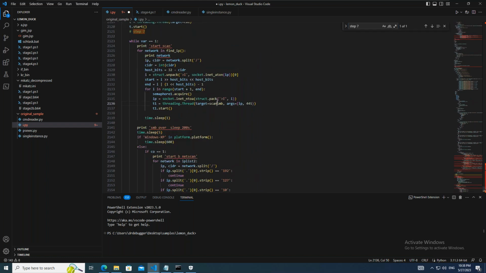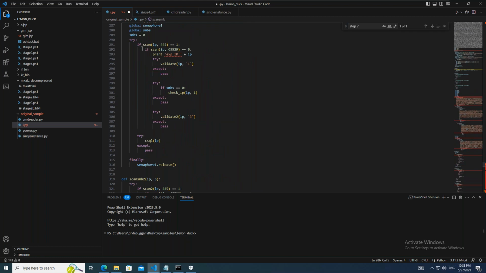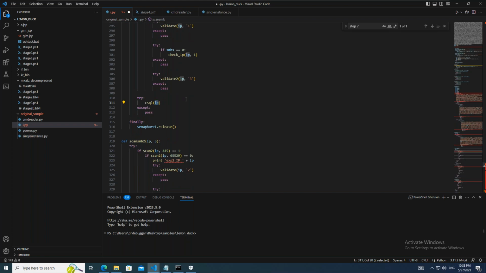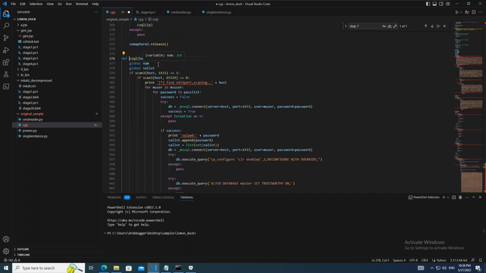Okay, so we also need to go there. And if you look at here, it will execute the exploits and do everything in this IP. And also it does one thing in that IP. It will go for the CSQL function, and here it is scanning for the Microsoft SQL Server. If you look at here, Microsoft SQL Server,